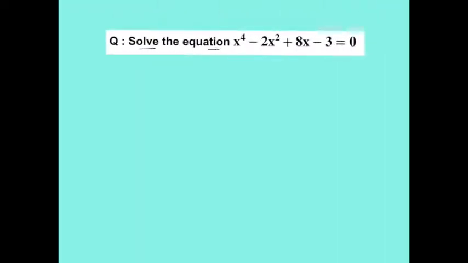Solve the equation x^4 - 2x^2 + 8x - 3 = 0. Now the solution. The given equation is x^4 - 2x^2 + 8x - 3 = 0. Here the x^4 coefficient is 1 and the x^3 coefficient is